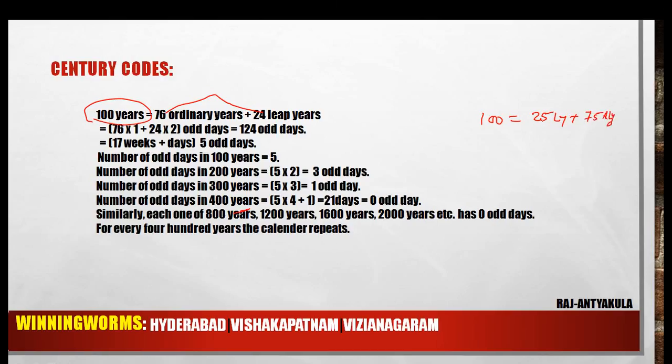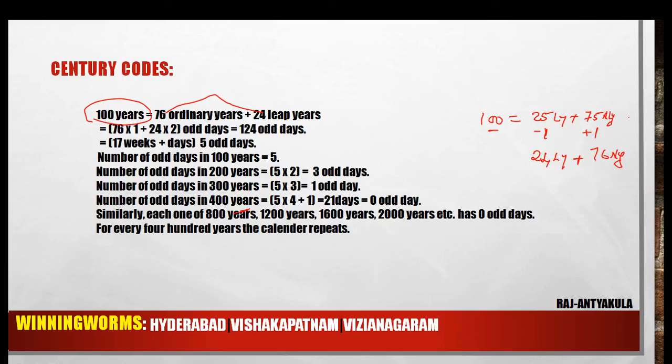Look at here carefully. Every fourth year is a leap year. So likewise 4, 8 and so on, 92, 96, 100. But 100 is a century year. For a century year to be a leap year, it must be divisible by 400. So here 100 is not a leap year. That is the reason we are deducting 1, and that 100th year is a non-leap year. So the number of leap years is 24 and non-leap years is 76.